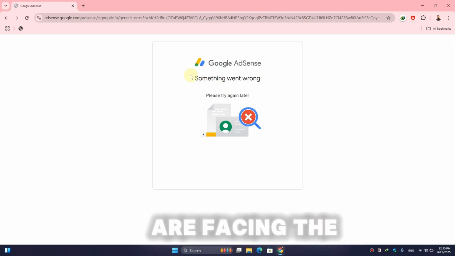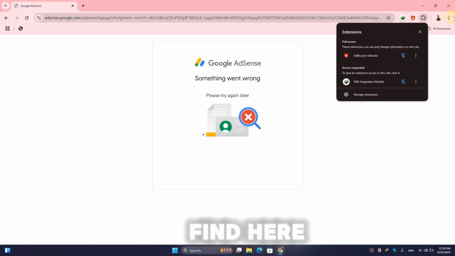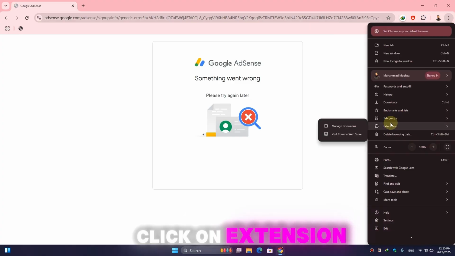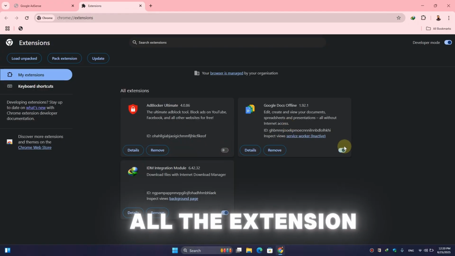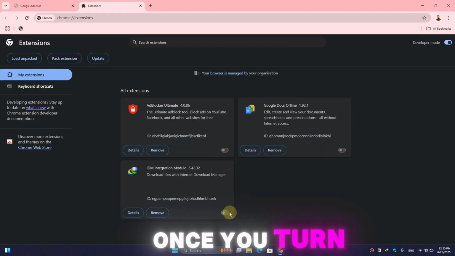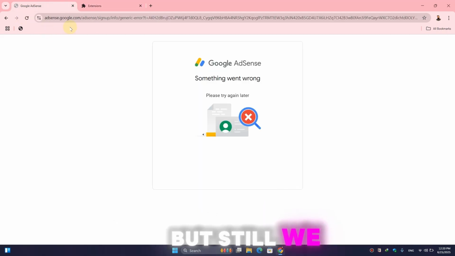And again you are facing the same error. Now this time click on this extension option. If you don't find it here, then simply click on this three dot. Here click on extension, then click on manage extension. Now turn off all the extensions. Once you turn off all the extensions, then simply refresh the Google AdSense page, but still we are seeing the